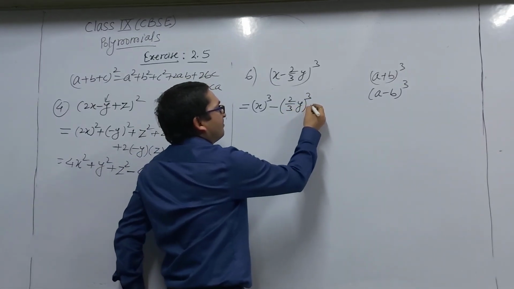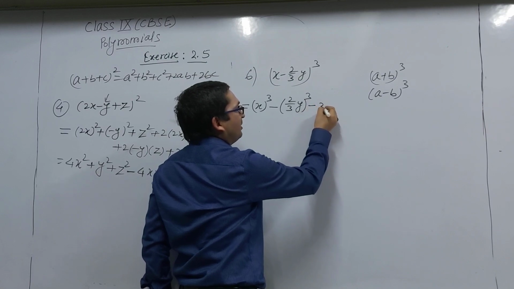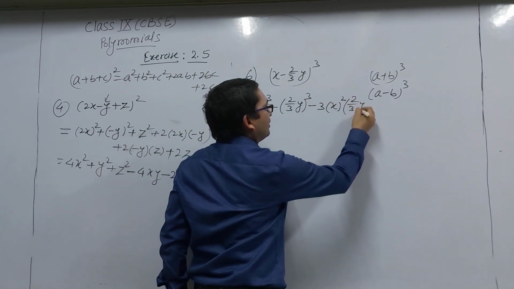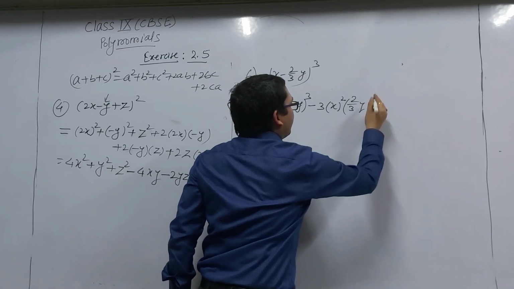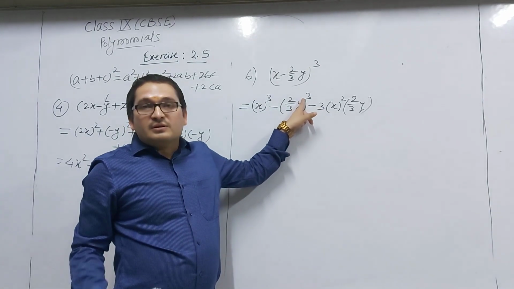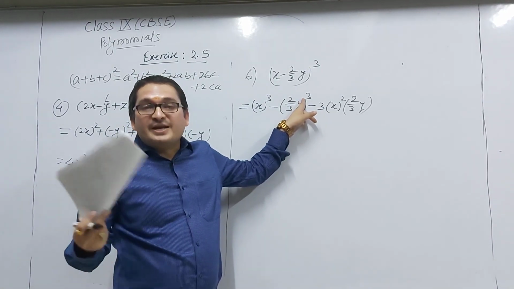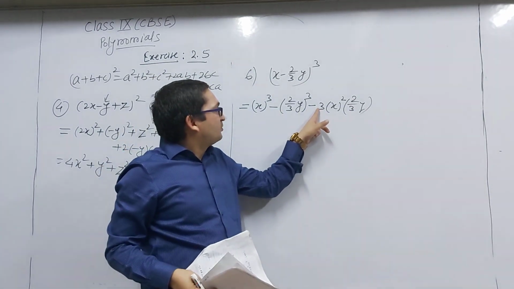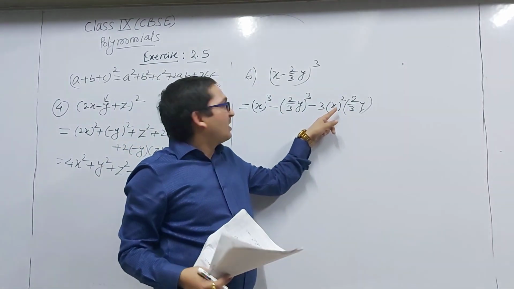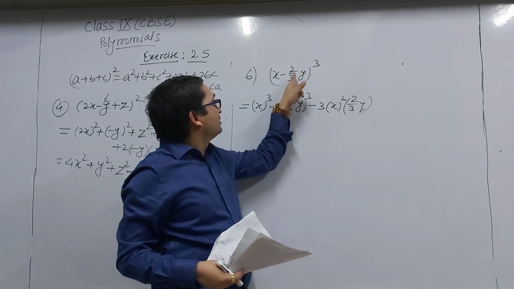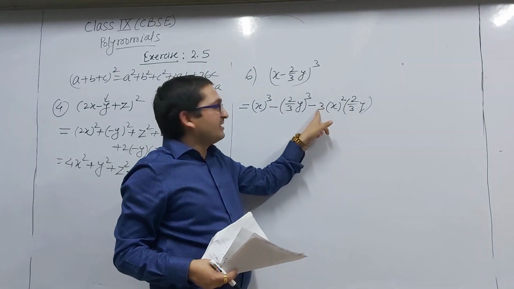Then minus 3a square b, that is 2 upon 3y. I think you understood why we have written minus here. Look, the cube of minus is minus, since minus is multiplied 3 times; you will get the minus sign only. Minus 3a square, where the value of a is x. And b has the minus sign, so that minus will come here.